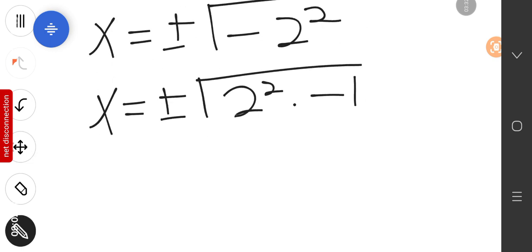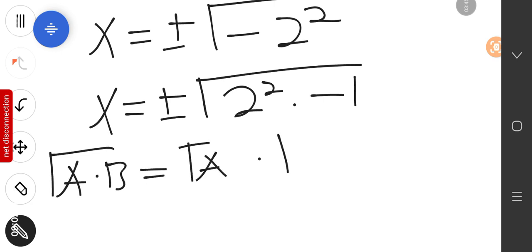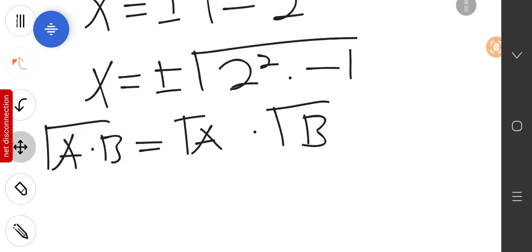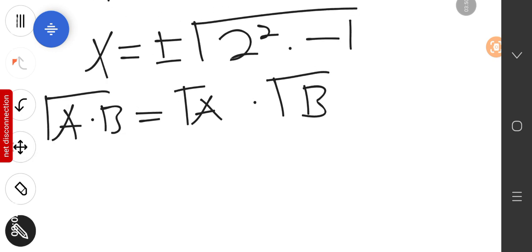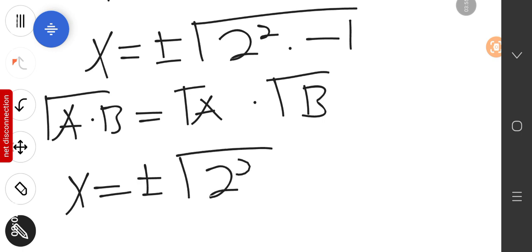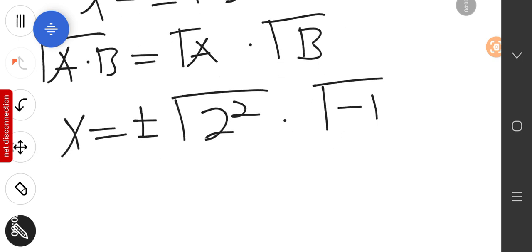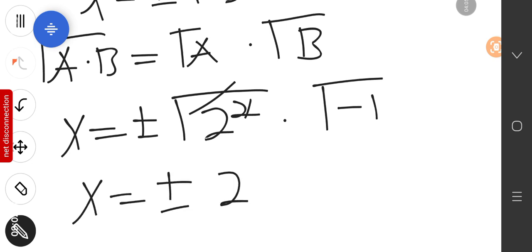The square root of a times b can be written as the square root of a times the square root of b. So we have x equals plus or minus the square root of 2^2 times the square root of minus 1. The square cancels the root,